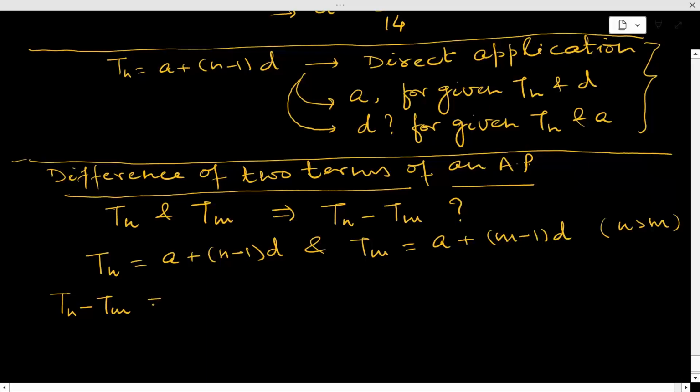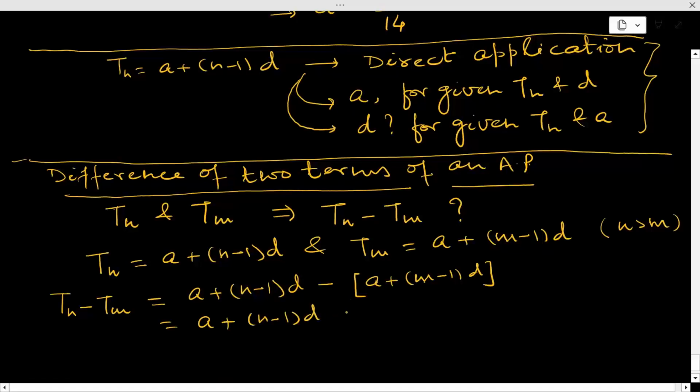So tn minus tm will be a. Now we are putting the value of tn, which is a plus n minus 1 into d, minus the value of tm, which is a plus m minus 1 into d. So this is coming out as a plus n minus 1 into d minus a, and this minus and this plus will become minus m minus 1 into d. So this a will be cancelled out,